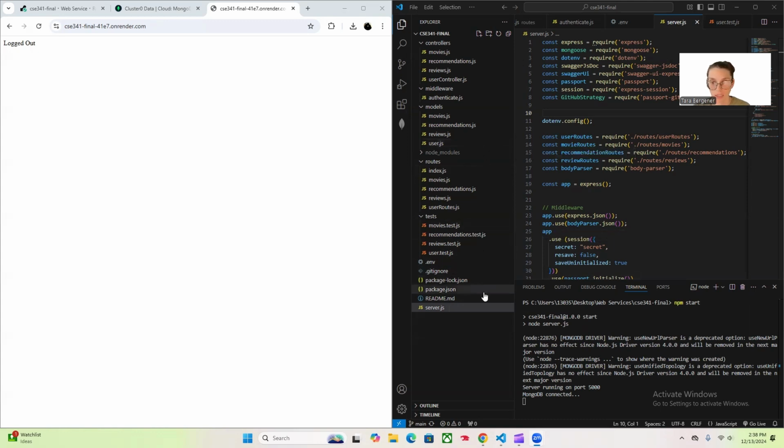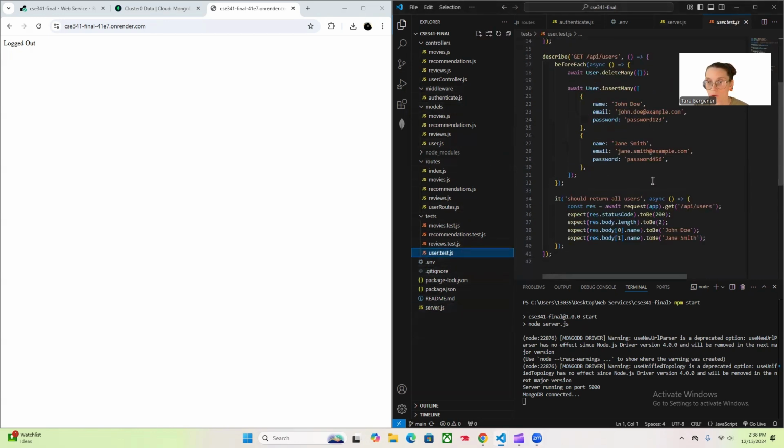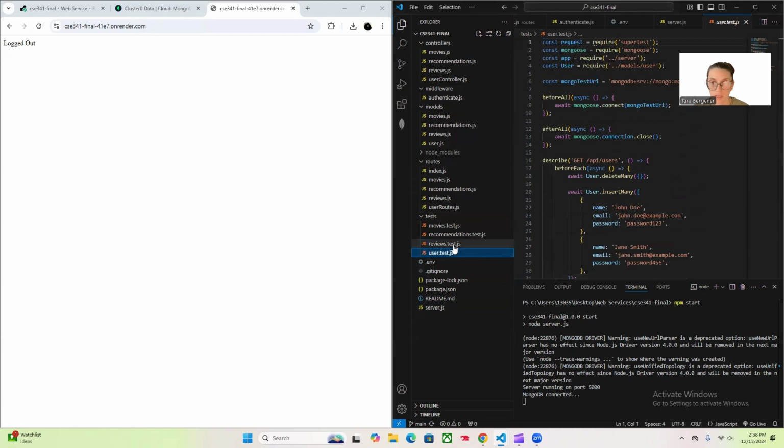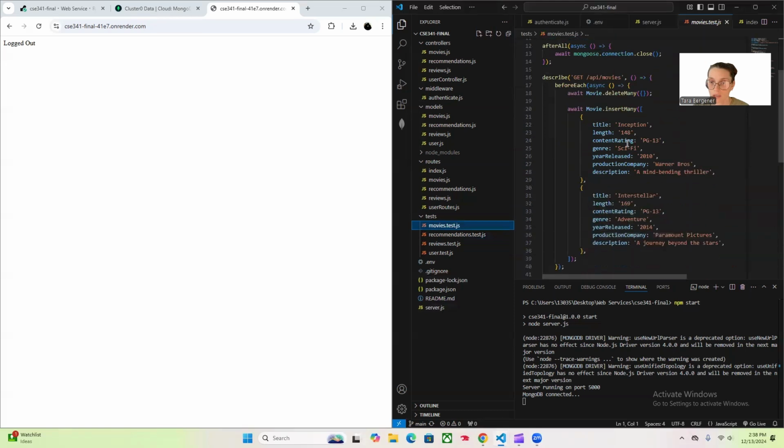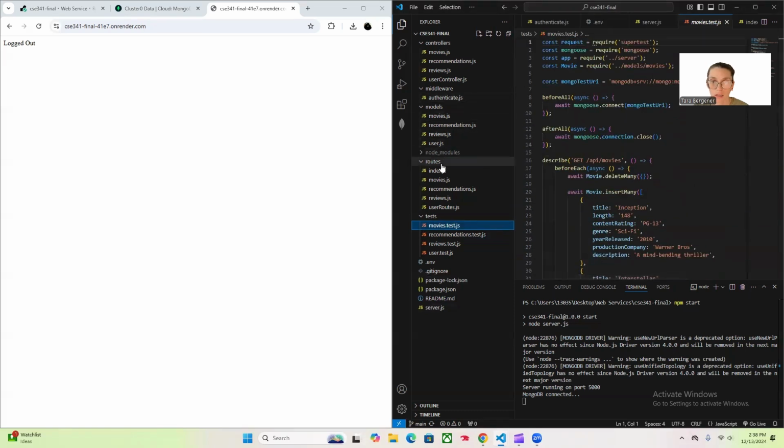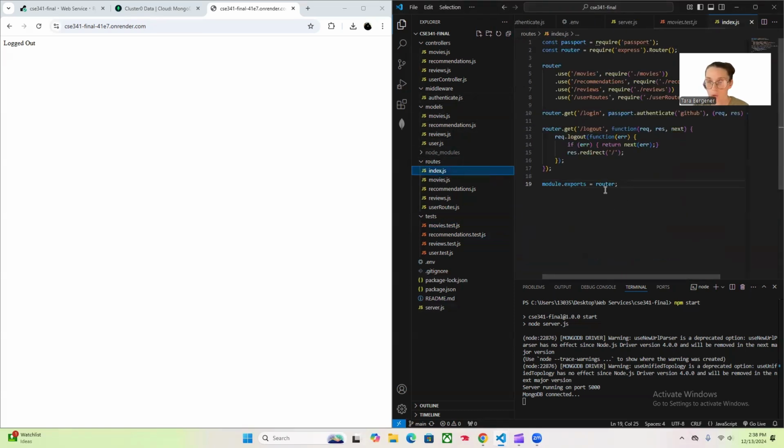This week we added our unit tests and our authentication to our project. So I'm going to briefly show that. We just did a get test for each of our collections. And here's our movie collection. And then I created a couple of different files for the authentication, including the index.js file